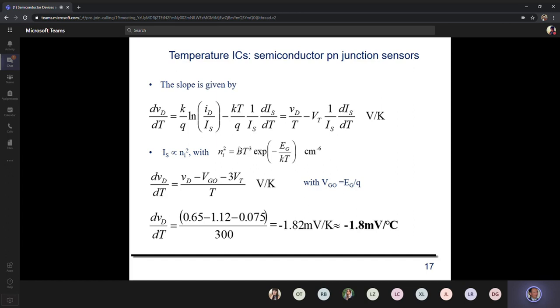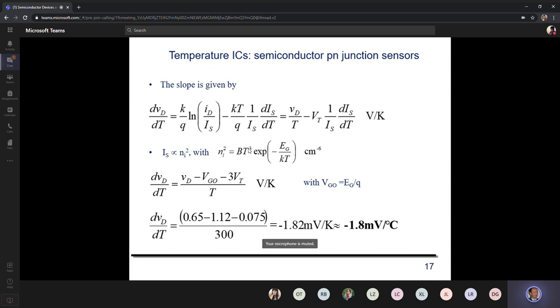Then the first term, obviously the log of ID over IS is again proportional to the voltage. So actually the first term in the formula on the first line is equal to the voltage divided by temperature. The second term can be understood as the product of kT over Q times the derivative of the log of